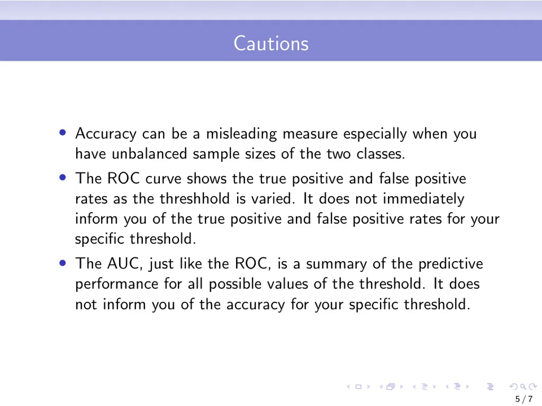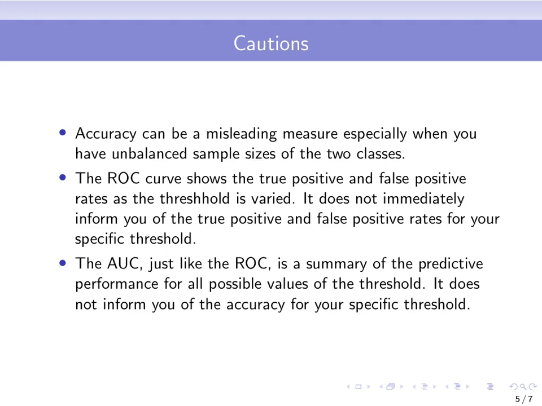A few words of caution, right? I kind of mentioned this. Accuracy can be misleading, especially when you have unbalanced sample sizes of the two classes. So just be very careful with that, right? Don't just evaluate the accuracy without looking at the confusion matrix and/or calculating the false positive and false negative